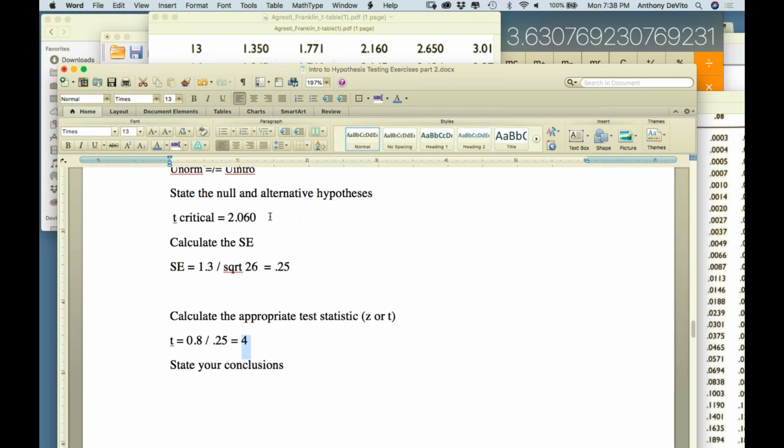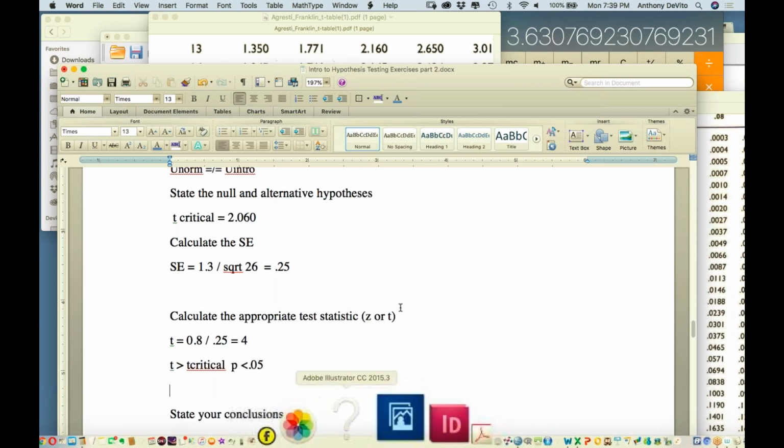Have we exceeded the critical value of t? Yes, right? Our t-score, there are 4 standard errors apart. Our t-score has exceeded the critical value of t, so what can we say about our null hypothesis? Can we reject it? Right? T is greater than t critical. So if our t value is greater than t critical, that's the same thing as saying that the probability of being wrong is less than 0.05.